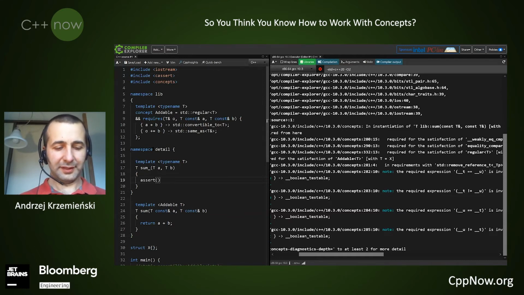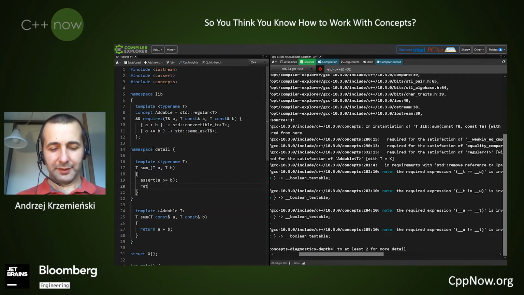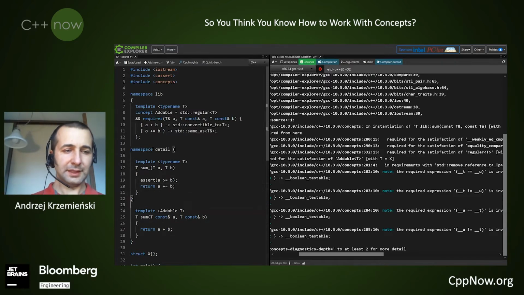We make sure that A is bigger or at least equal to B. And we return A plus equals B. And in the implementation, we first check if A happens to be smaller than B. And if so, we invert the order of arguments.